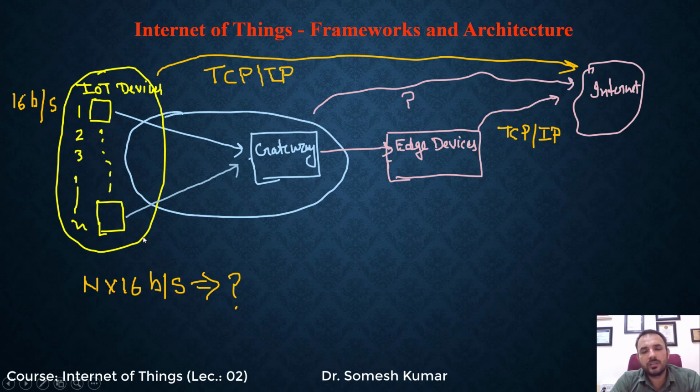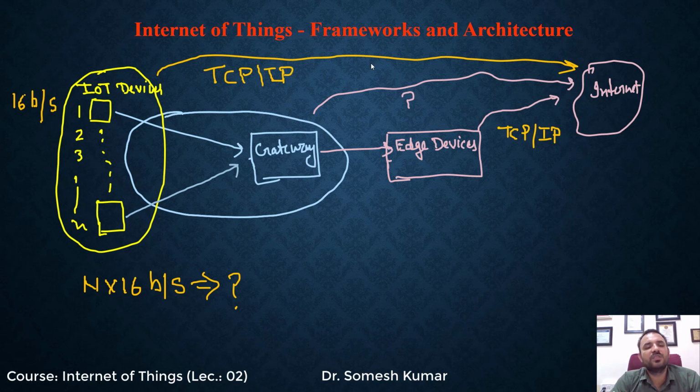Also, now there are a total of 3 options. These IoT devices can be directly connected to the internet, gateway devices can be connected to the internet, edge devices can be connected to the internet. So can IoT devices be directly connected to the internet with the help of the TCP/IP model? No, because these IoT devices do not have a TCP/IP protocol unit. These IoT devices only have the embedded code, by which they can't communicate or talk with the internet.